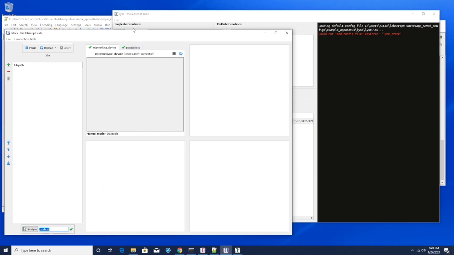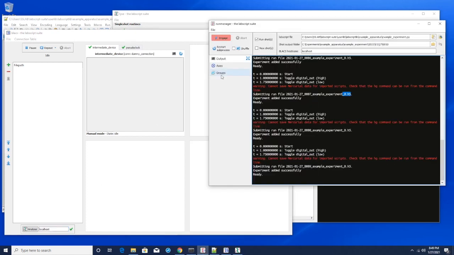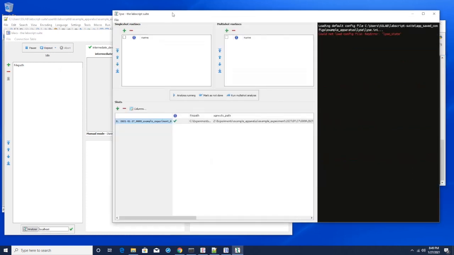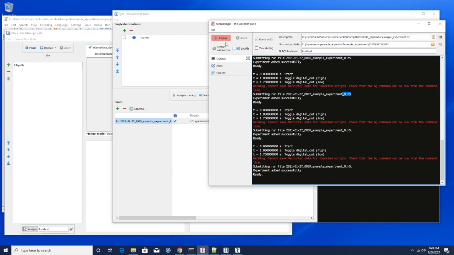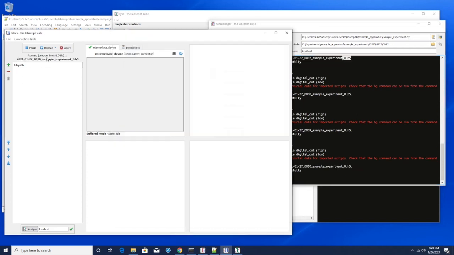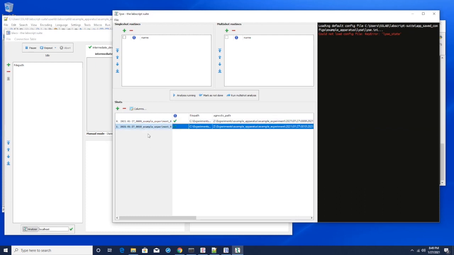But now you'll see if I run a shot, okay, so I'm going to run a new shot, and in Blacks it'll load it here, and then when it's done, it'll send it to lies. So there's a nice little control flow here. So hit engage, it runs it, finishes it, and then it automatically appears here in lies to be analyzed. Okay, I think we'll stop there,